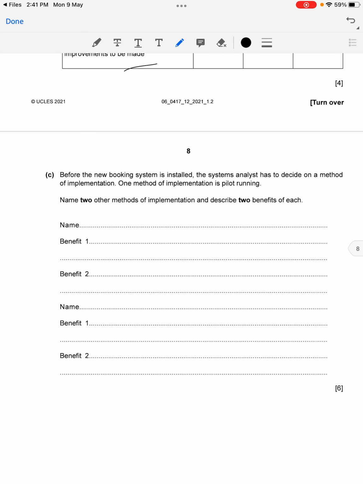Before a new booking system is installed, the system analyst must decide on a method of implementation. So this comes again under system life cycle, for 6 marks. This is pretty worth it to understand. So one method of implementation is pilot running. Name 2 other methods of implementation and describe the benefits. If you say there's one called direct changeover, then there's parallel running and phased changeover. So I'm gonna write the first changeover is called direct changeover, where we immediately change over from the old system